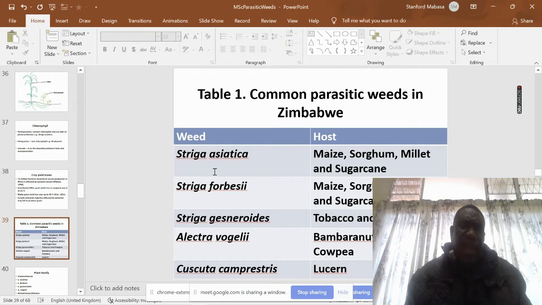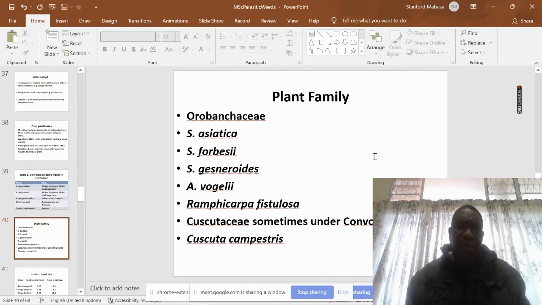Whereas these Striga species have got red to pink flowers, Alectra vogelii has got yellow flowers. Then we have Cuscuta campestris. That one attacks lucerne. It's a shoot parasite. Then there's another one which is not appearing on this list, which is known as Rhamphicarpa fistulosa, which attacks rice. And I have it on this slide,